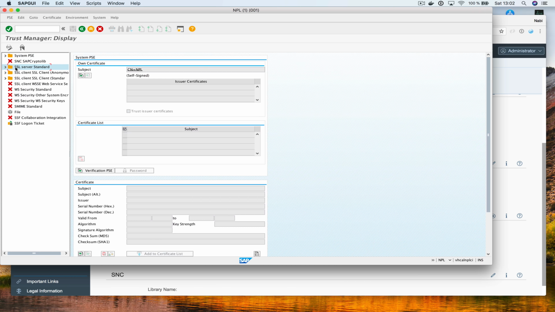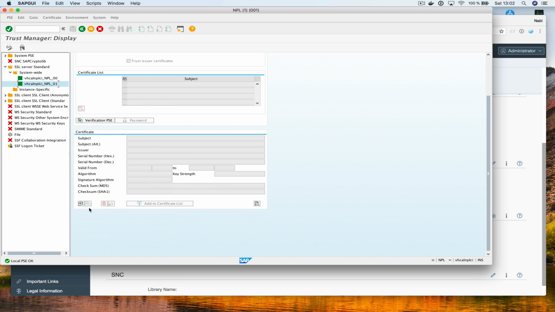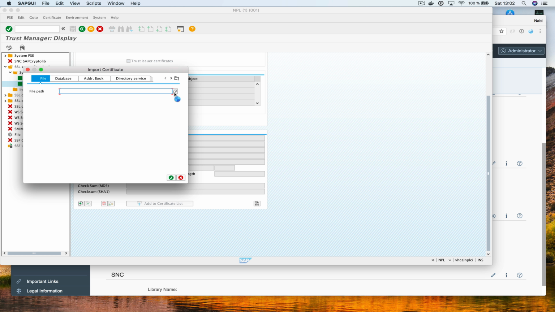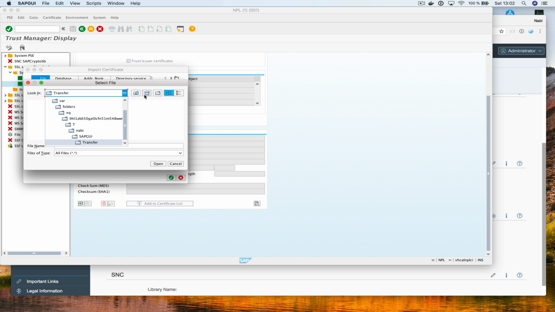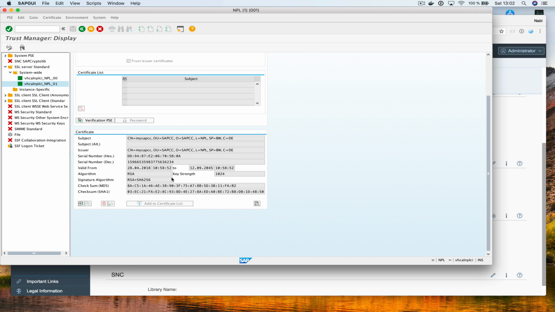Okay, then we open Service Standard, and then where is it? System-wide right here, and this is what we have. Now we scroll down, and there's a button right here saying Import Certificate. We press that button, and then we choose our CA certificate right here. We say Open, and then we confirm that, and well,